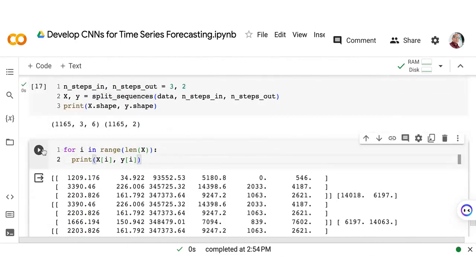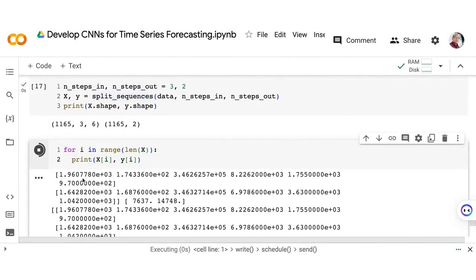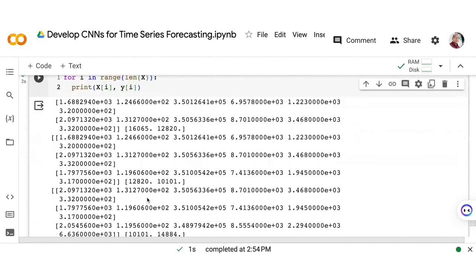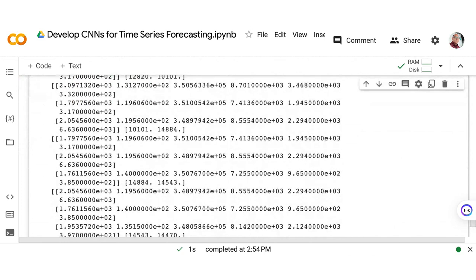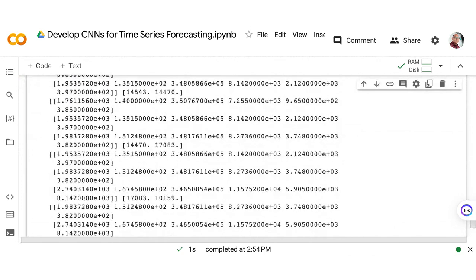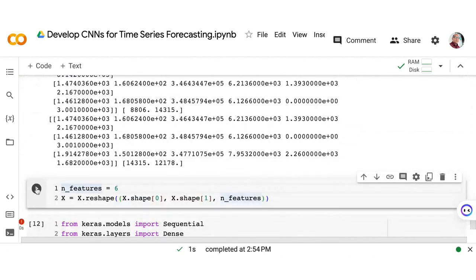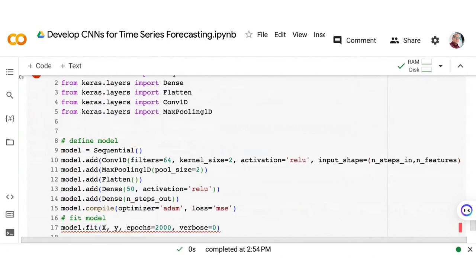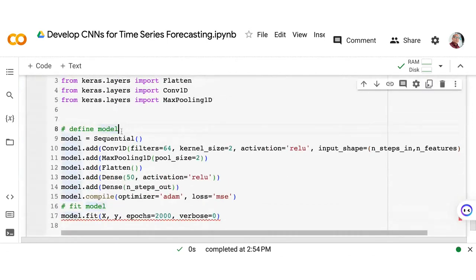Those are the following, and to show our data set now, these are the following values. Medyo mahaba yan. As you can see now, it's being converted into scientific notation. So the number of features is equal to 6 for our reshaping. So ayan, let's try now to fit our model.